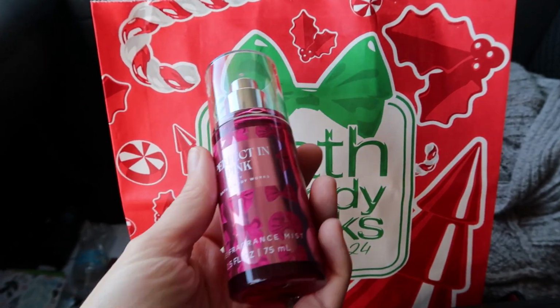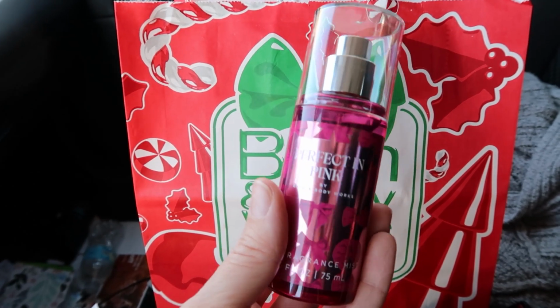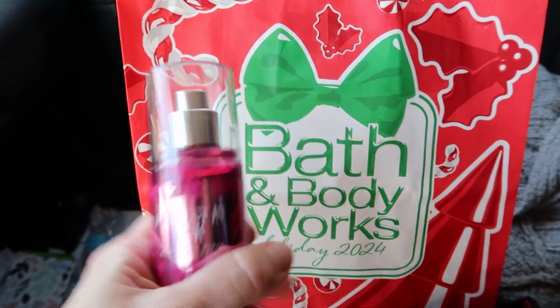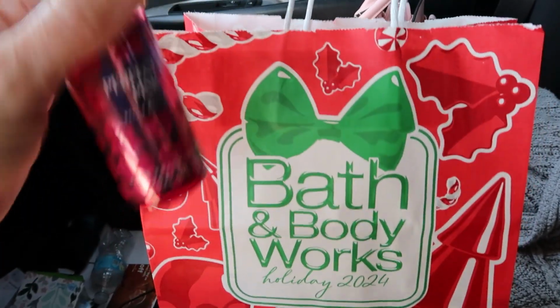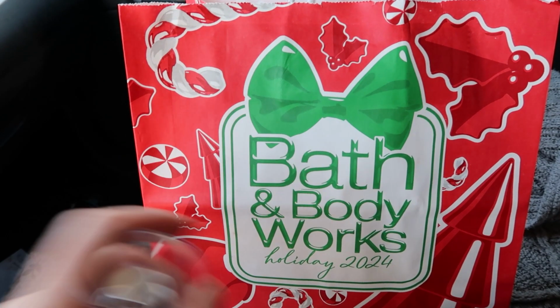Just left Bath and Body Works. It is a free item up to $9.95. This was $8.95. And I did have some other rewards. You guys know if I'm going in there, I've got a million coupons. Everything in this bag was $11. I'll show it to you when we get home. Seriously,